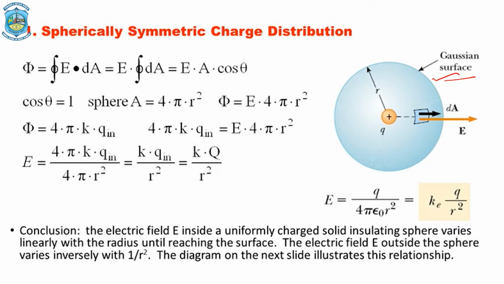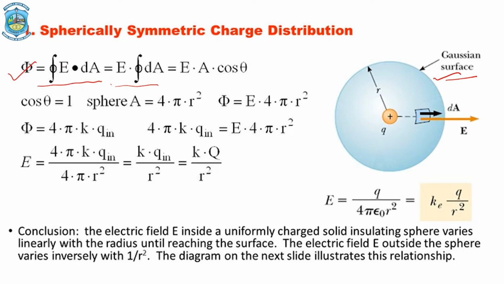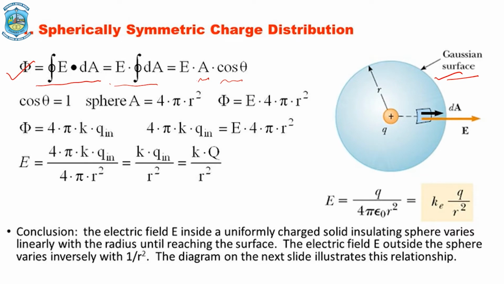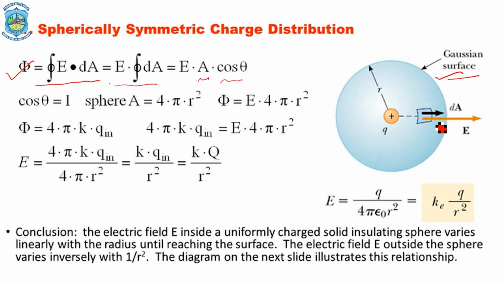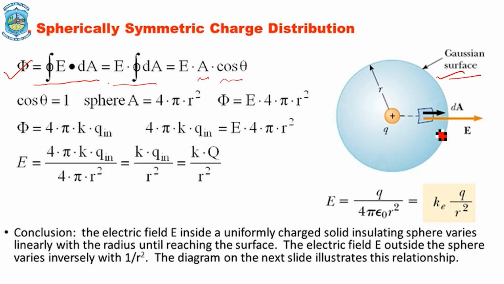By using Gauss's law we can find the electric flux, which is equal to the surface integral of the electric field. Since the electric field on the Gaussian surface at any point has a fixed magnitude, we can take it outside the integral. Then the integral of the surface area, that is the dot product, is also operated. We have here cos theta. On the Gaussian surface, the area vector, as I told you, is always directed normal to the surface, and here it has the same direction as the electric field.